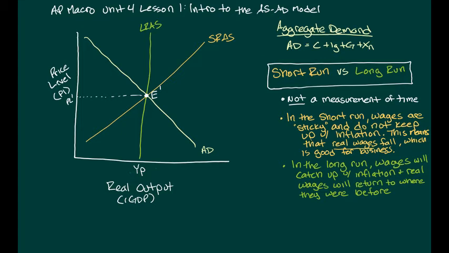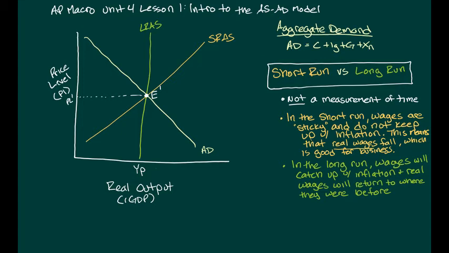Short run and long run in macroeconomics, rather, represent what is happening to the level of nominal wages in our economy. So they're not telling you how far away something is, but they're telling you what wages are doing. And knowing what wages are doing in the macroeconomy is going to help us to understand what producers are doing, as the level of productivity tends to be sensitive to changes in nominal wages. So the short-run aggregate supply curve represents a period of time where wages are sticky. Nominal wages are sticky in this